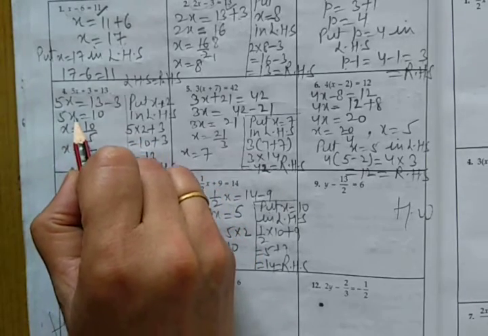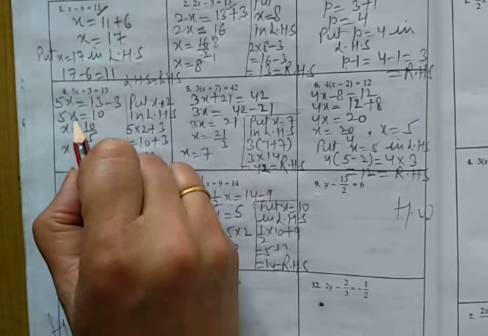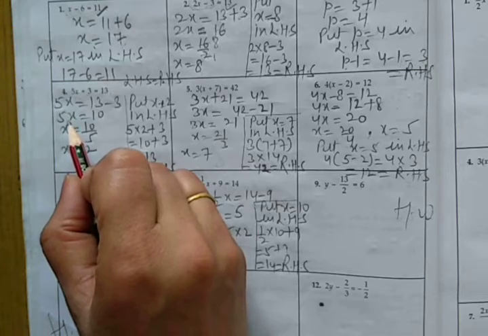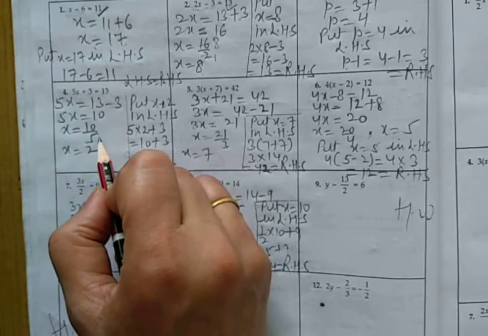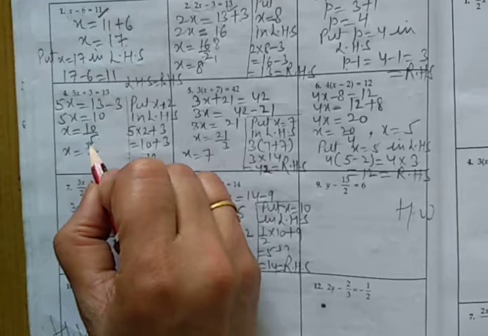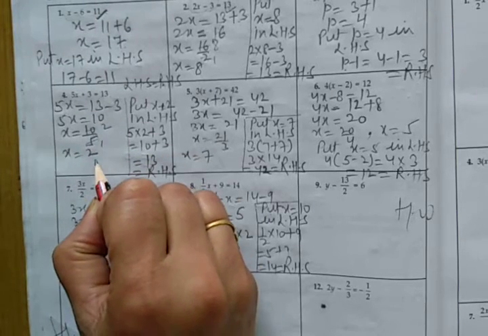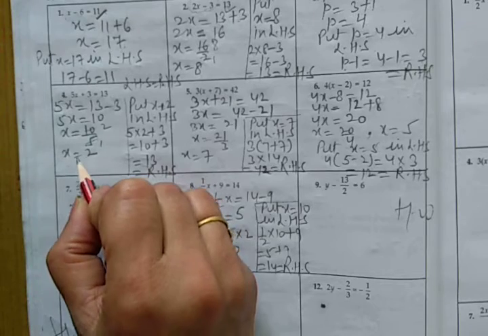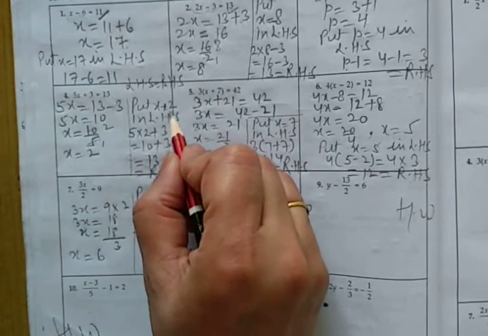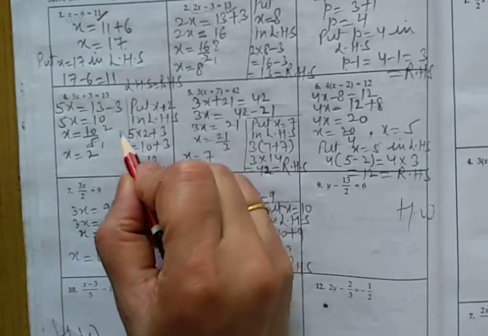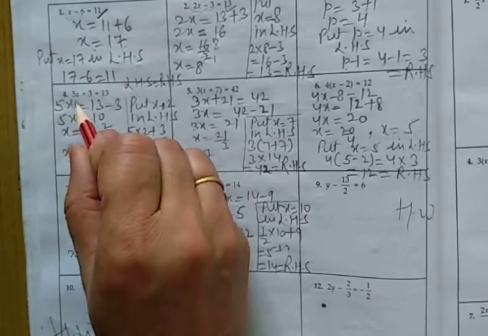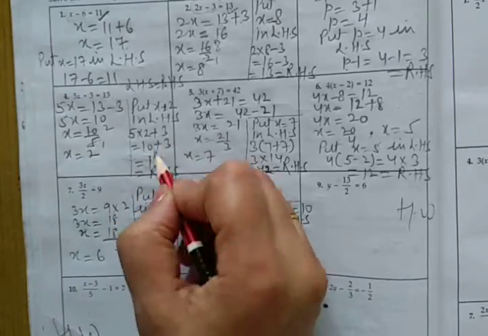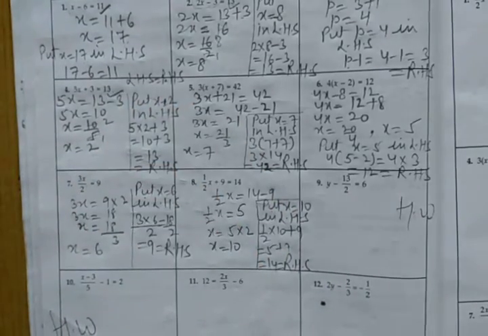So when any number is multiplied with the variable, when we transpose it to the right hand side, it is divided. Okay. So 5 ones are 5, 5 twos are 10. So the value of x is equal to 2. So put x is equal to 2 in the left hand side, 5 into 2 plus 3. 5 twos are 10 plus 3, it is 13, which is equal to the right hand side.